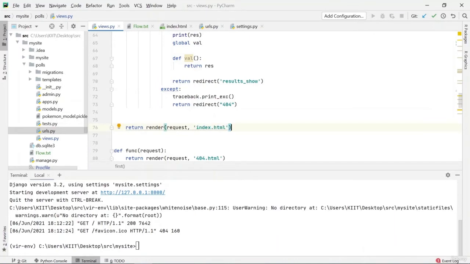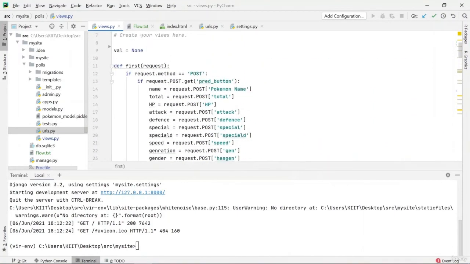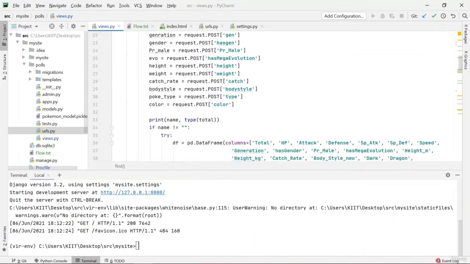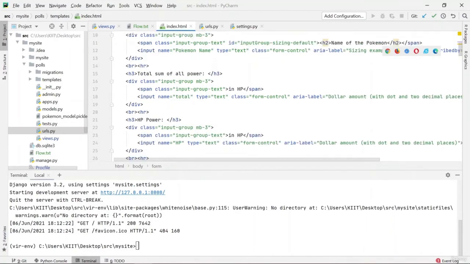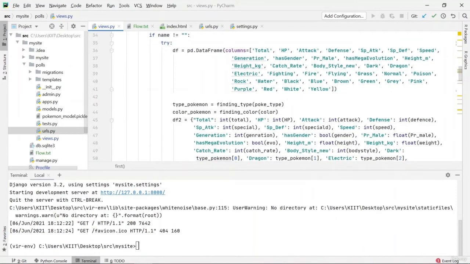So from here it is able to understand that I have to render index.html, and you can see above that now I'm handling and processing my data. Actually not pre-processing, just simply processing the data that has come to me from my forms. You can see that index.html has forms in it, and from here the data that was input is now going to views, and you can see that there's a df, meaning I have already created a data frame where I'm going to store the data that I got from index.html.